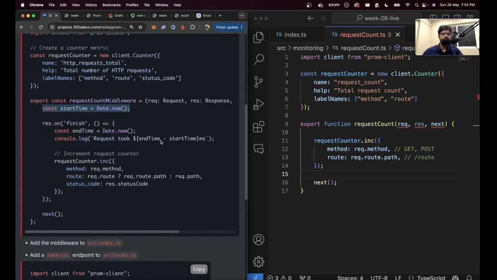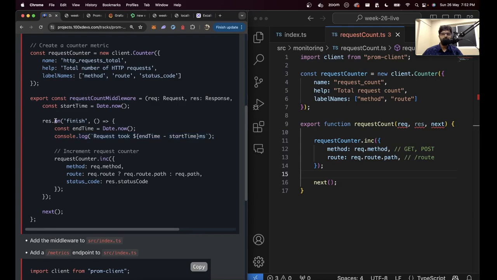Ignore the start time. You don't need this. We are not logging this anymore. We simply say when the request finishes, whenever res.onFinish gets called, we increment the request count by 1 on this method, on this route, and then for this status code. For our code, we completely ignore the status code, which is why we don't have to wait for the response to come back or the response object to be resolved, because we don't need the status